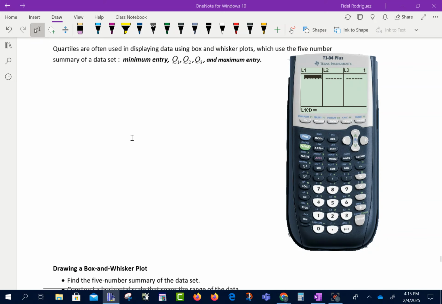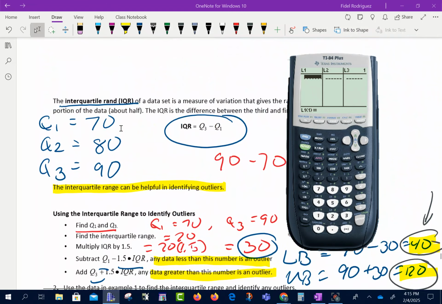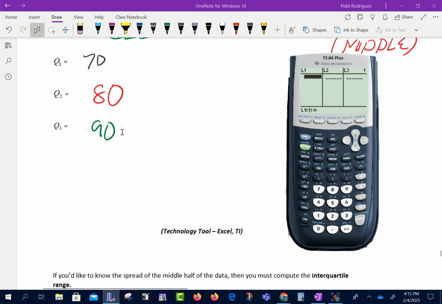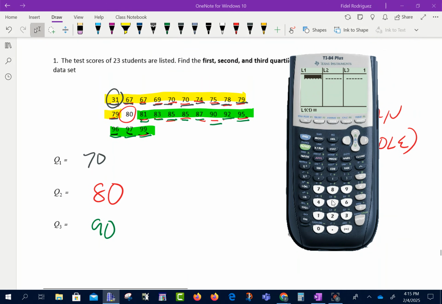Okay, let me scroll up, y'all, and I'm going to put the list of my numbers in here. Okay, so I'm going to scroll back up to the top, and I'm just going to enter these guys in. So, y'all, I'm going to be real careless to make sure that I don't make any mistakes. 67, 67, 69, 70, 70 again,